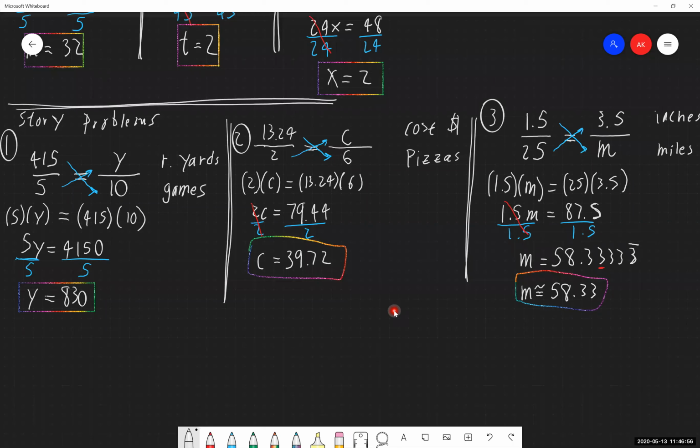So this is everything for the 6.2 material. And again, I highly recommend when you get to story problems with these, make sure you're doing this initial setup for yourself. This goes a very long way in making these problems a heck of a lot easier.